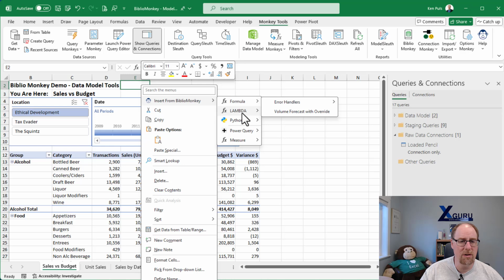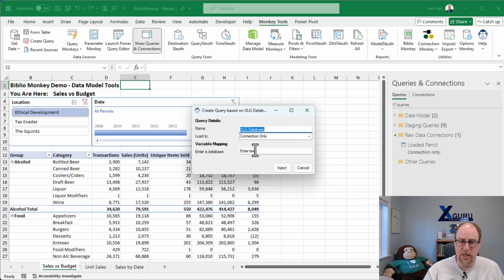You don't even need to open Biblio Monkey. The XLG database is right there now. I can pop that one open. It says, what would you like to call it? Let's call this one AdventureWorks. I'm just going to copy that, tab down, paste that in here. As long as I have the AdventureWorks server now, if I choose inject,